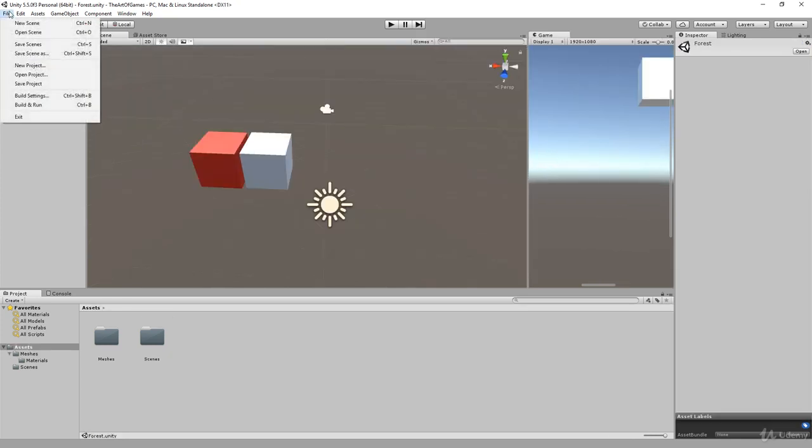So now we're just going to save our project. Save project, blink, and that should save it. And that is it. That's our first model created, our first model brought in from Max into Unity, and scale is all set up, ready to go. Now we can move on and actually start building our scene.